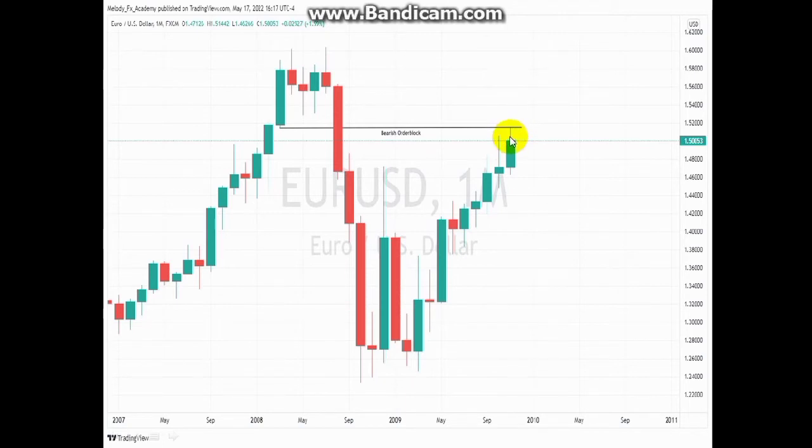So where is the market going to trade to right now? Where is it going to trade to from this particular level? Okay, I wanted you to take a look at this price action. Probably pause this video and examine the price action before you think where price is probably going to reach for.